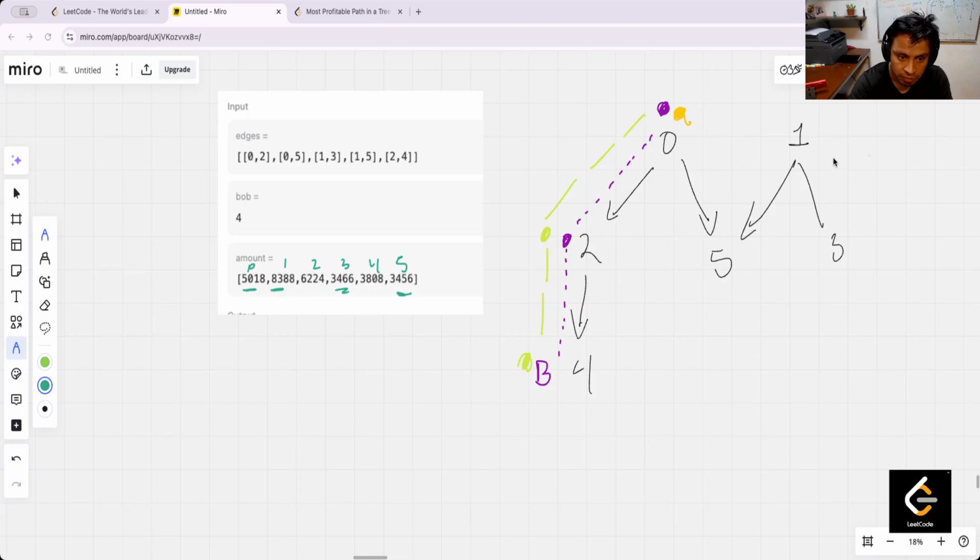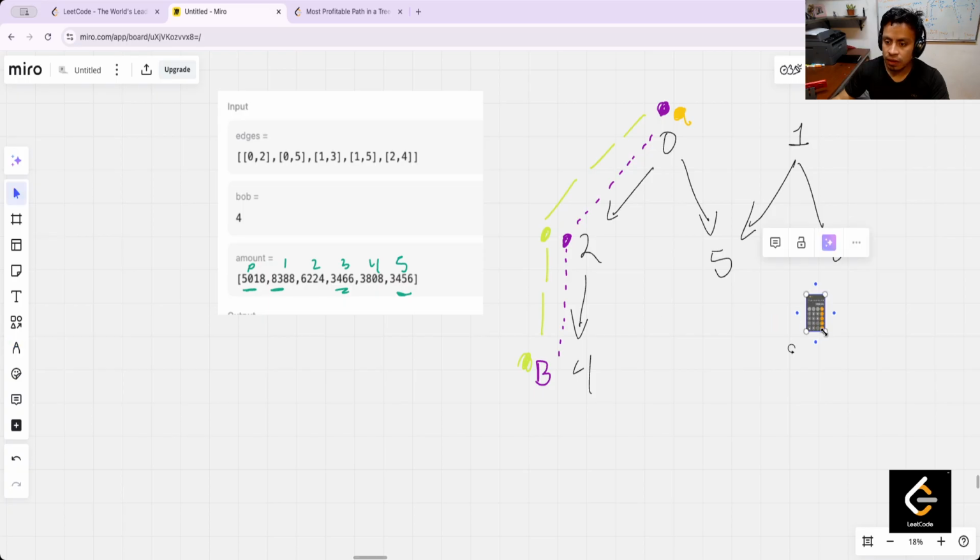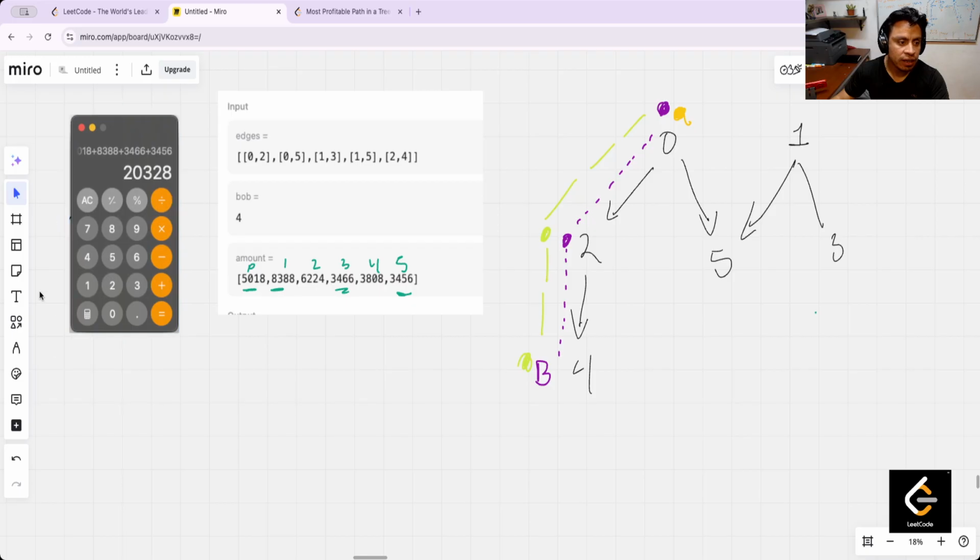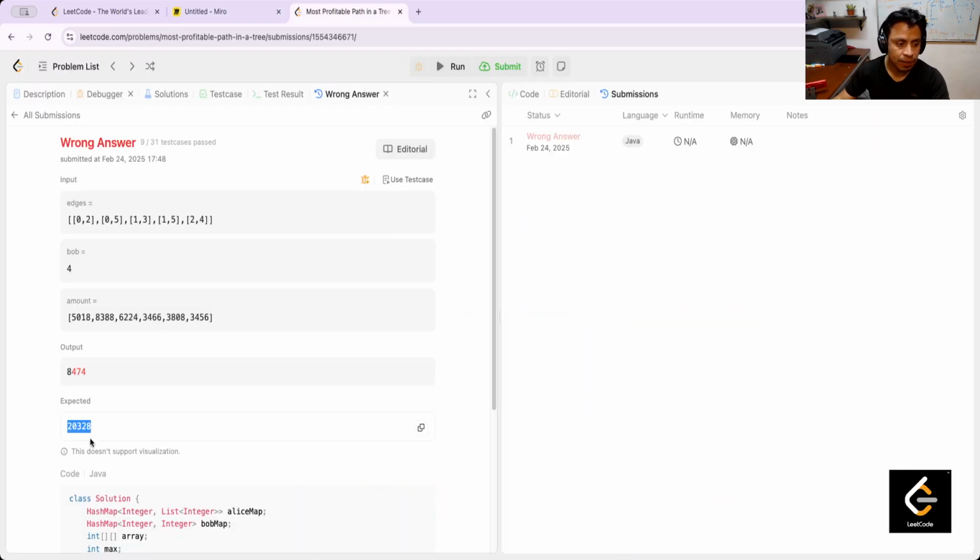I think it's not possible to see my calculator, but I will take a screenshot. Basically, when I take these values 0, 5, 1, and 3, that is the path, and the result is 20,328, and this is exactly the amount